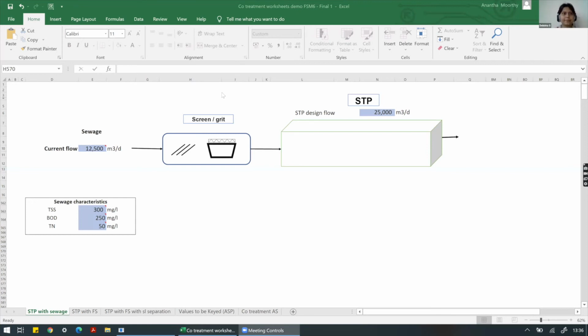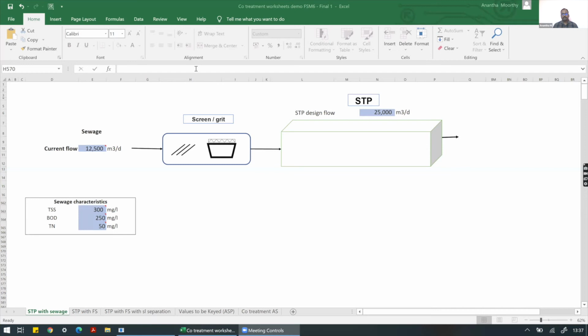Yes. Okay. So this is a tool that is designed for a specific purpose: to engage practitioners in FSM. It could be a planner, a designer, or a government official who is looking at how to adopt FSM in their locality, and whether to utilize an existing system or go for an individual standalone system. So these decisions can be arrived at by using this tool.